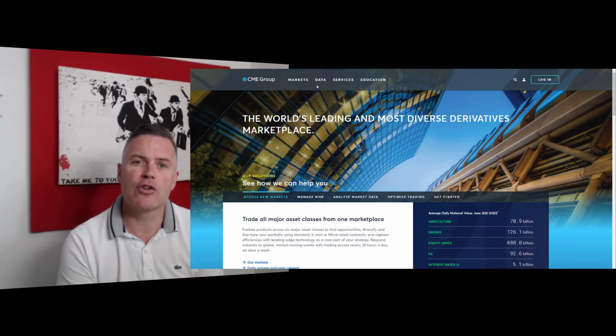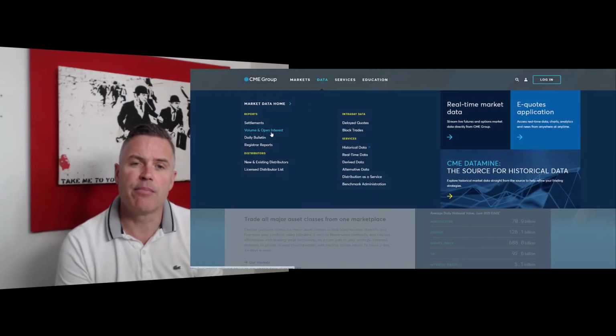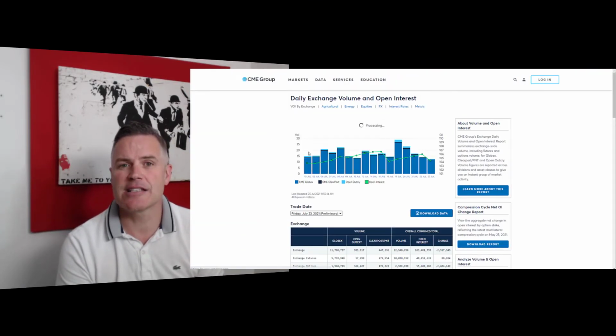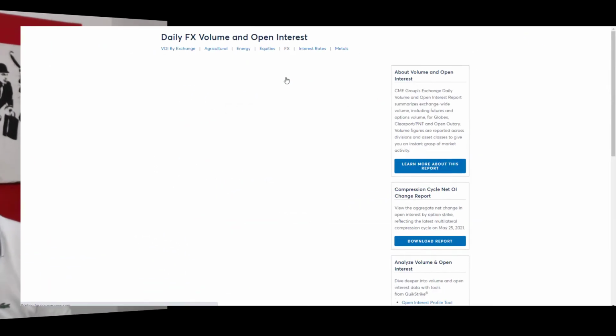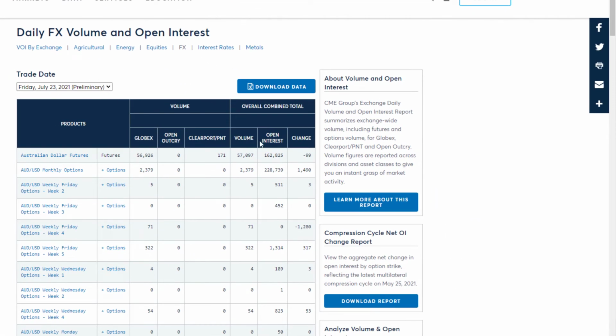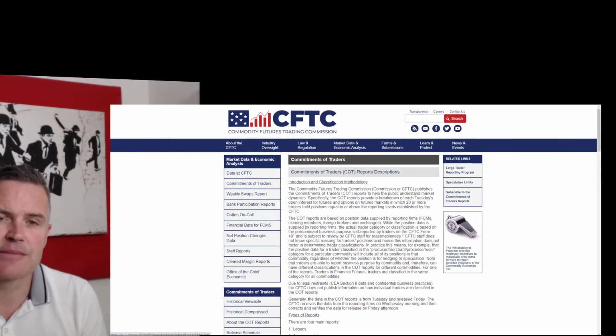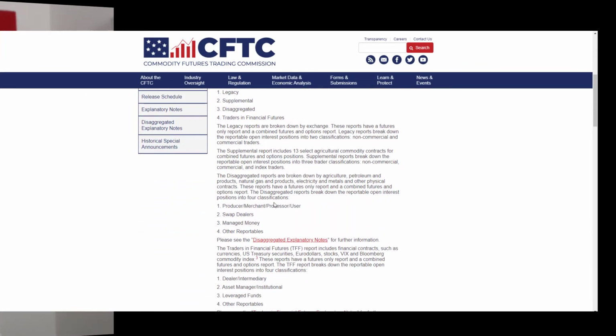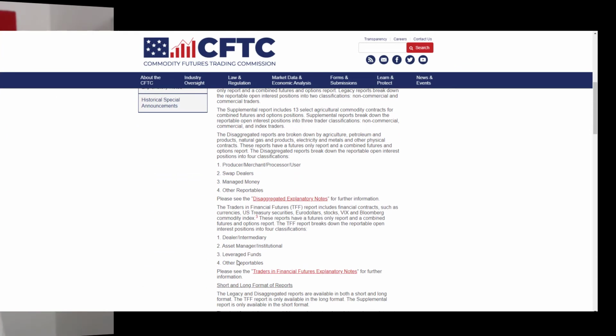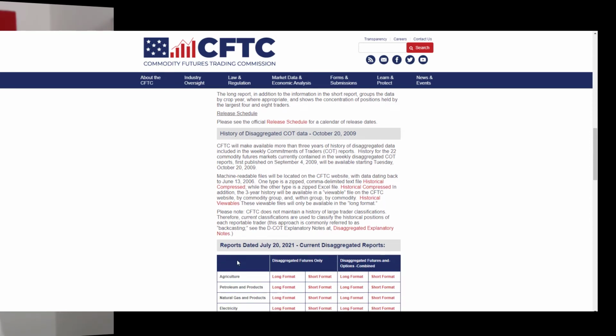Now, the players in the futures world are more likely to be professional traders, so it's useful information, and you could find that information, say, on the CME website, or you might have heard of the COT report, the Commitment of Traders report, and that's analysis of position holding in futures across all sorts of commodities, but they do include some of the major traded Forex pairs, for example GBP USD, Euro USD, and you could get an idea of volume from there. So you could build a strategy around that.